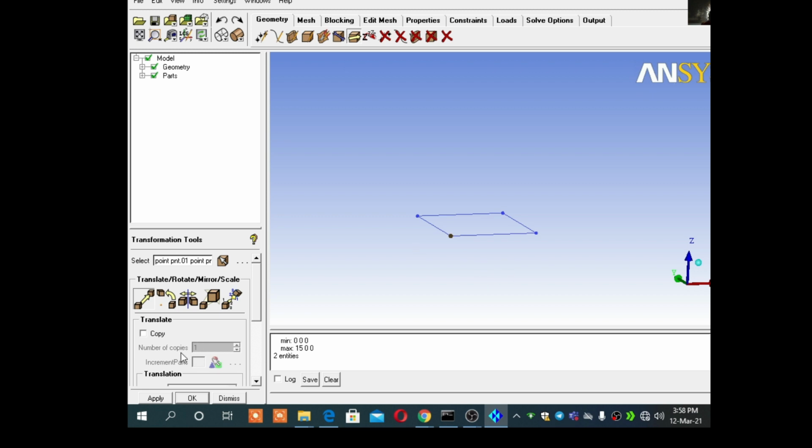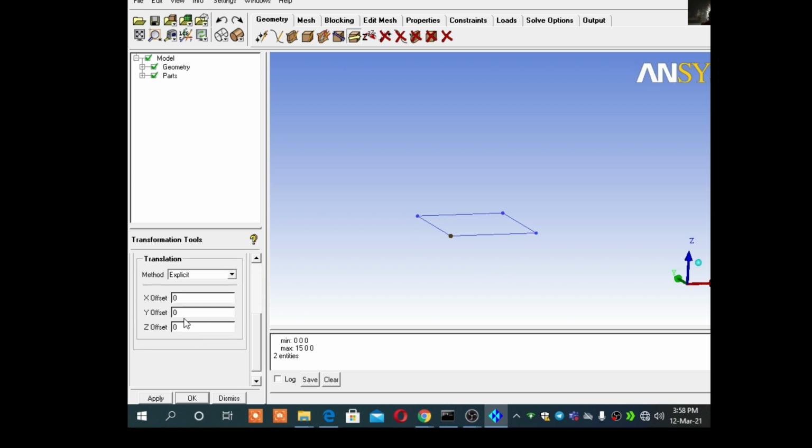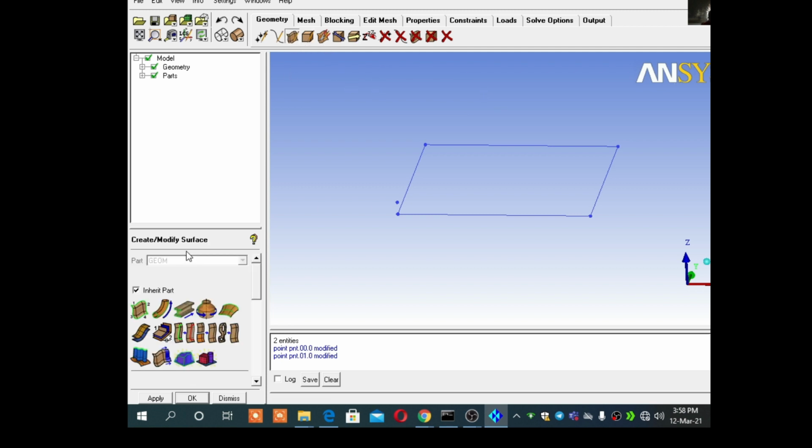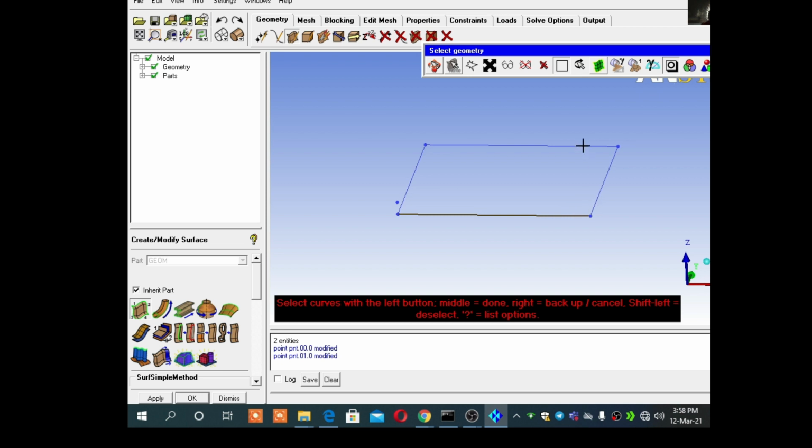Here I will copy and give a thickness of 10 mm in the Z direction, sorry, it's 1 mm. It is 15 mm by 15 mm, not centimeters. It is in mm. So I will make a surface with the four points.